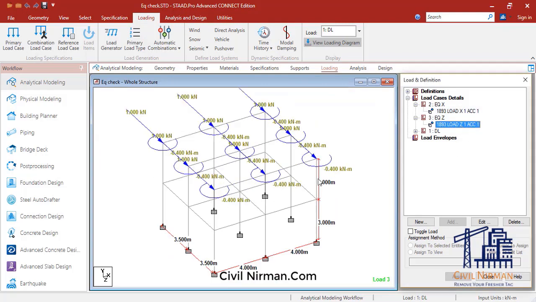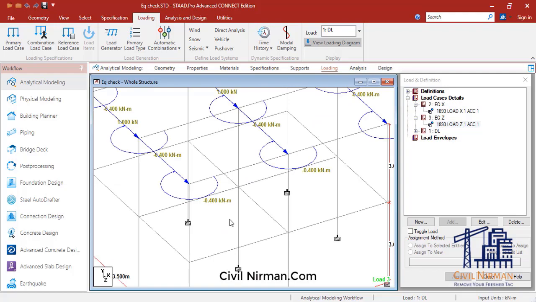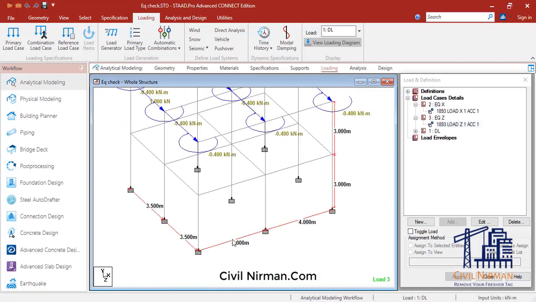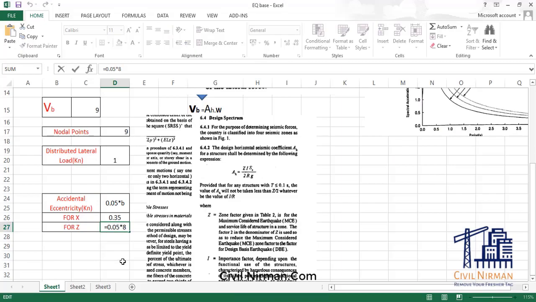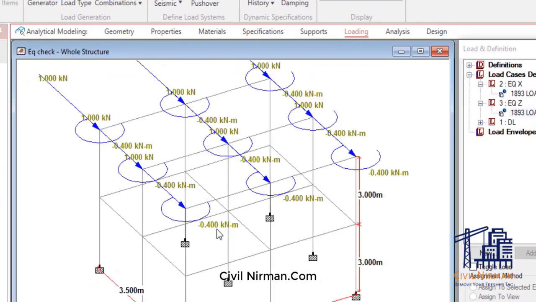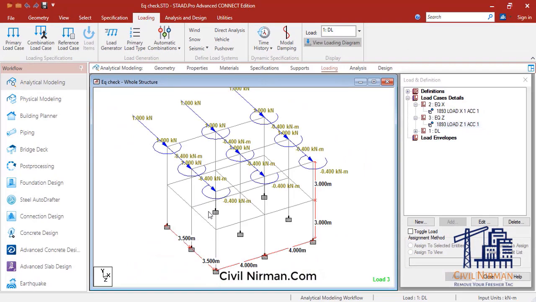Now in case of Z, check here what is the moment value, 0.400. So I'll check for Z as well. In case of Z, your perpendicular dimension is 8, so over here it will be 0.05 into 8, that is coming around 0.4. So we are getting the exact answer over here, right? 0.400, right? So that's how your load is distributed actually in the software.